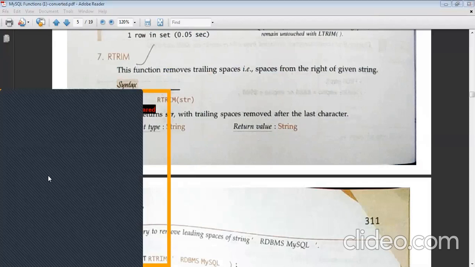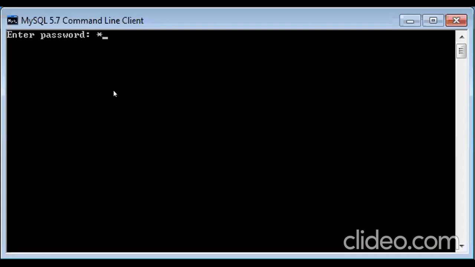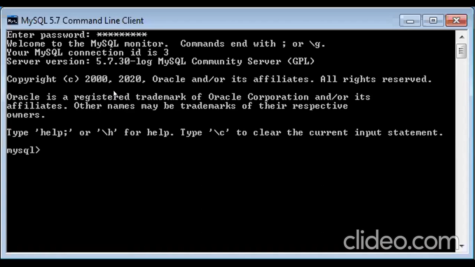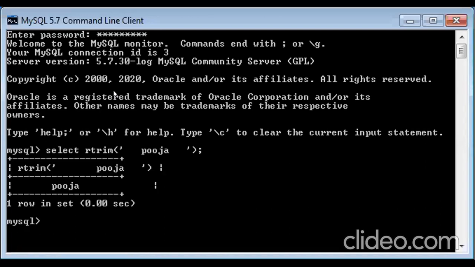I know that when we go to the console, we cannot really identify whether it has trimmed the space or not, but even so we'll just see how it works. Okay, so my console is ready. So what did I want to do? I wanted to try rtrim, and I wanted to give some space and write my own name. Then again space. Let me close this with a terminator. Let us see the output for this.